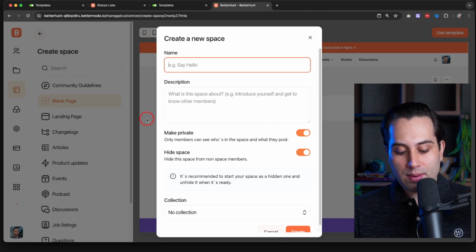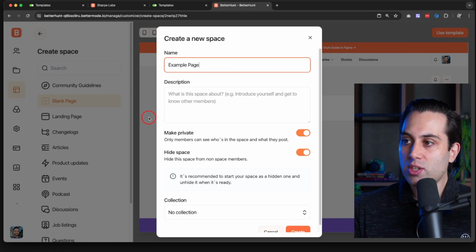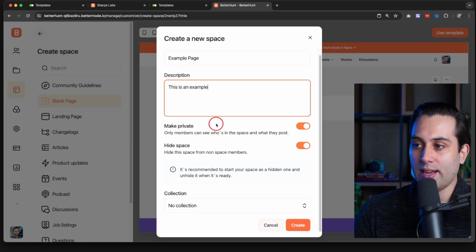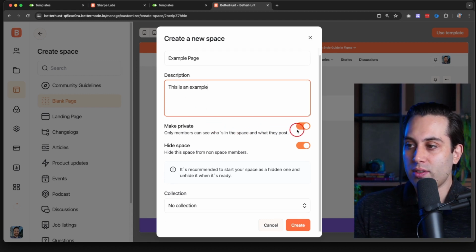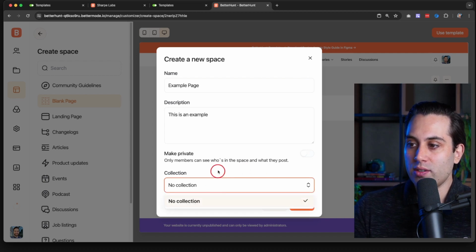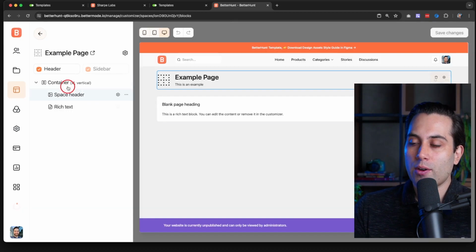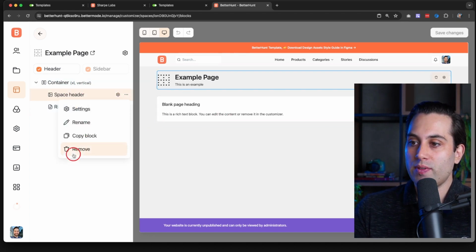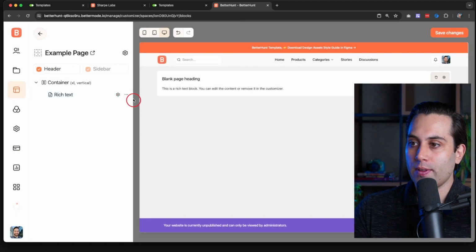I'm gonna give it a name. I'm gonna call it example page. I'm gonna give it a description, and here I can choose whether this is private or not. In this case, it's gonna be open, and the collection is gonna be, let's create. Now, as we can see, we have a page structure here. I'm gonna remove this page structure,